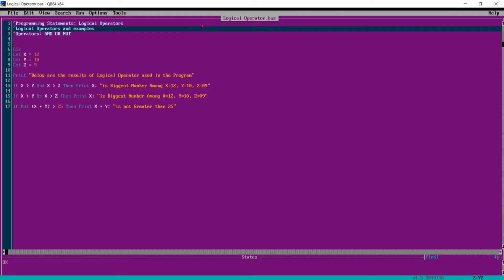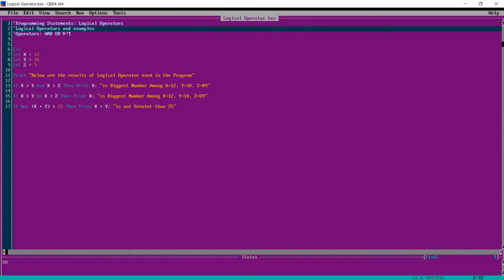In this tutorial, we will learn about the logical operators. What are the logical operators? And, or, not. These are the logical operators. These are used for combining two or more conditions. These operators give a single value which is either true or false. We generally use them to combine conditions in if statements.